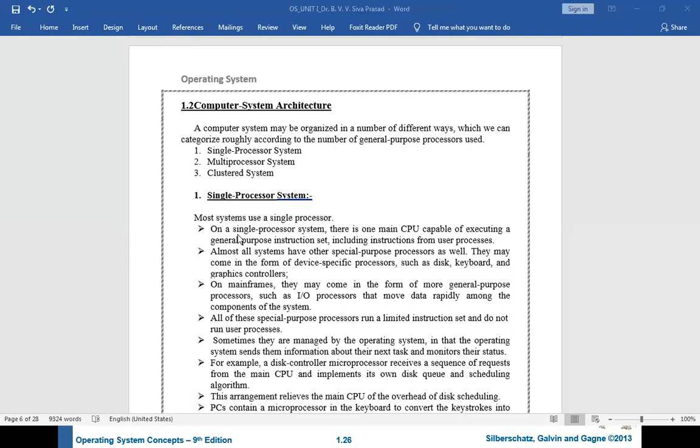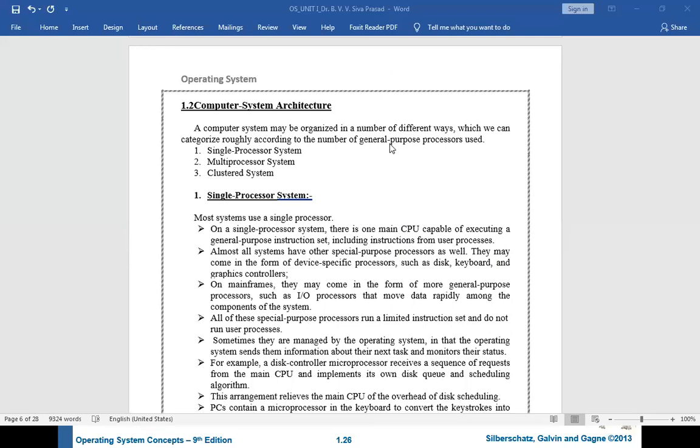On a single processor system, there is one main CPU capable of executing a general purpose instruction set, including instructions from user processes. So in our system, there is only one main CPU. What is the purpose of the CPU? CPU is the central processing unit. Each and every instruction set will be executed in the CPU.